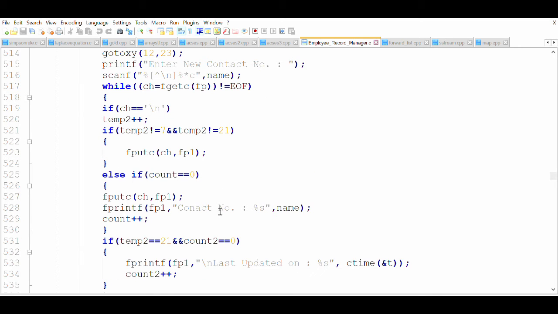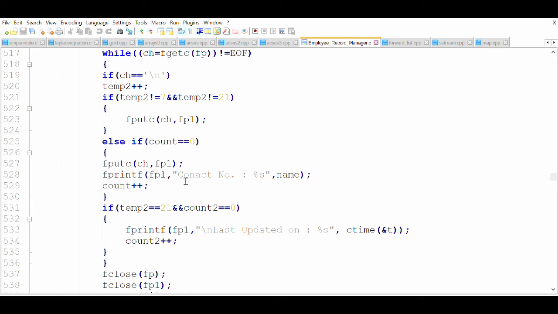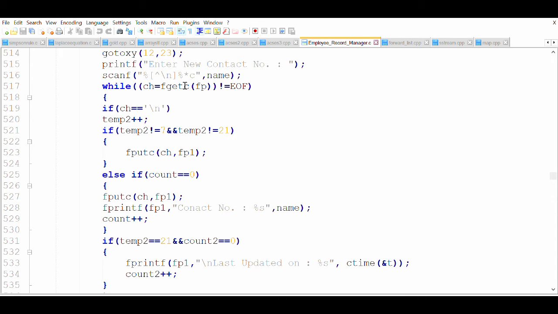But you will think, what is the count here? See, when you are on line number 7, just imagine this is line number 7. The program will come here, it will find a space, it will print this thing, then again it will come to the next character, as it is getting a single character in one shot. When it comes here, it will again get a space and print this thing, because you are still on line number 7, but we just want to print it once. So I have made a count variable which will count how many times you have printed it. If you have printed it 0 times, then it will print it, otherwise it will not print it. And how? I am basically doing count plus plus.